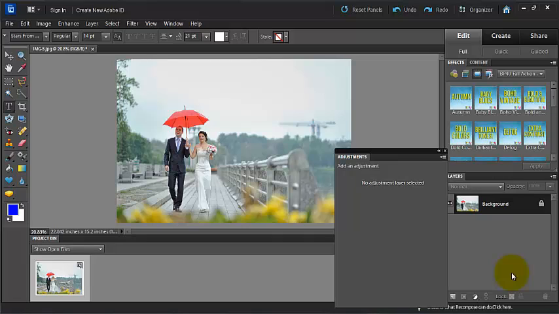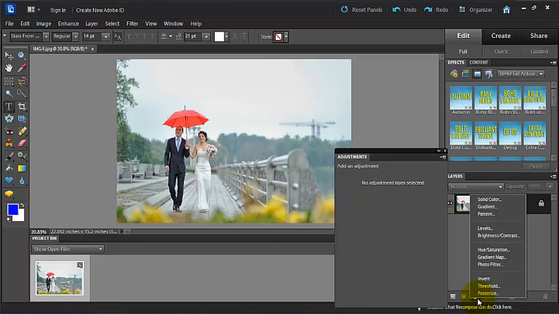And today I'm going to talk about how you can make an adjustment here in Photoshop Elements 10. So we're going to create some new adjustment layers so that we can edit this photo. So if I click over here in my layers window, there's this circle and half of it is black and half of it is white. So if I click on that, it brings up this menu here so that I can pick an adjustment that